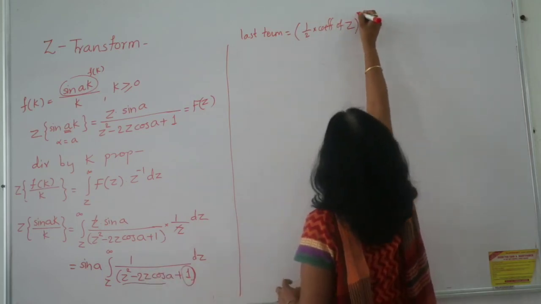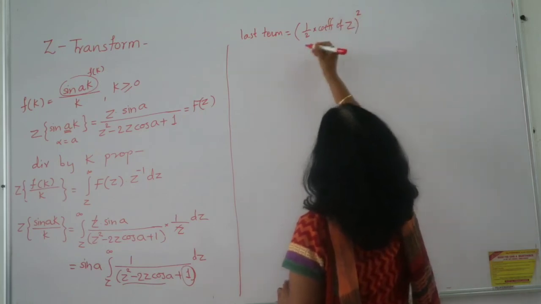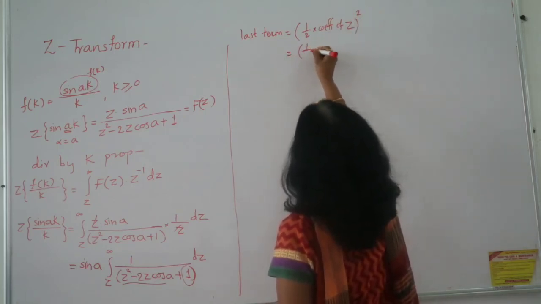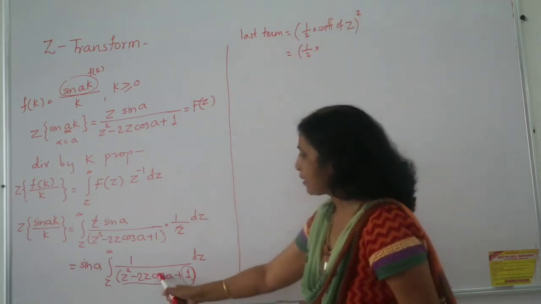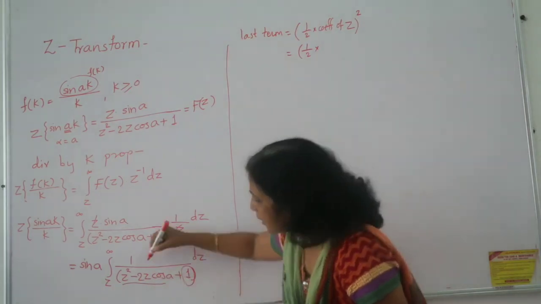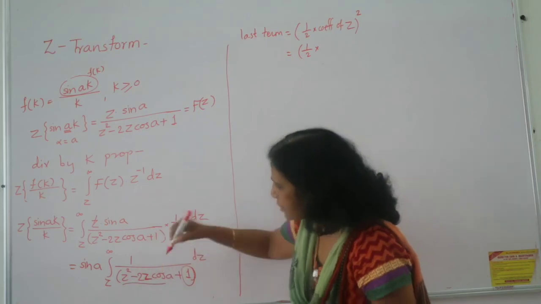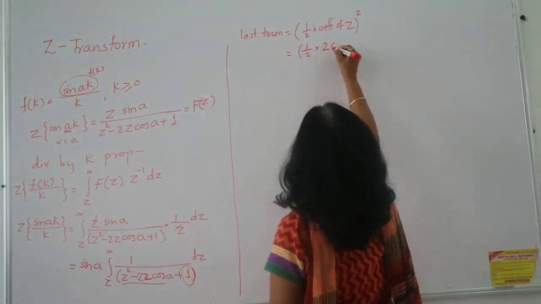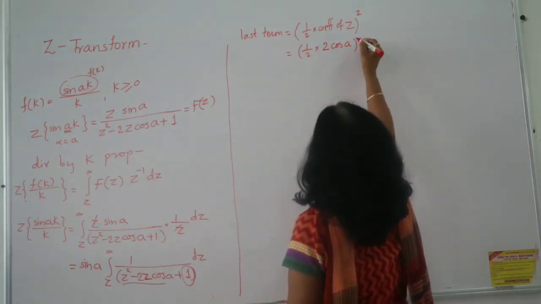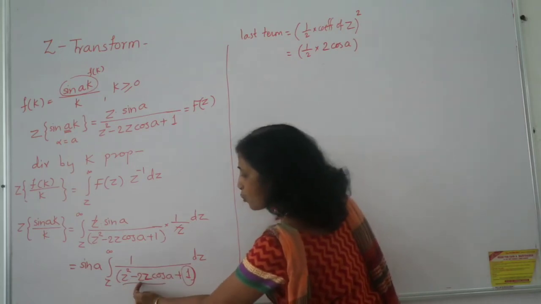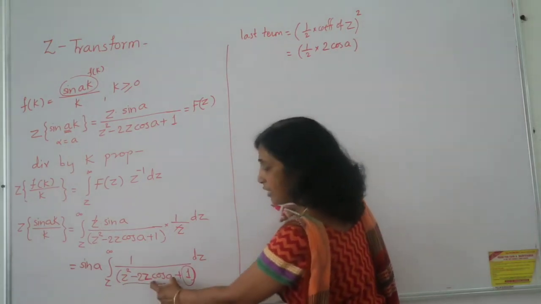So Z and this value square. So this is equal to half multiplied by, what is the coefficient of Z? Who is multiplying Z? See here now, Z is multiplied by 2 and also cos A. So this is 2 into cos A. This is a coefficient. So here 2 is written, so only 2 is a coefficient, not like that. Cos A is also constant.